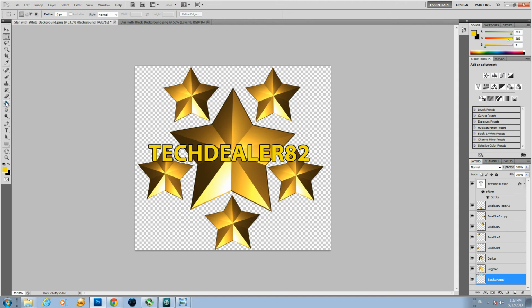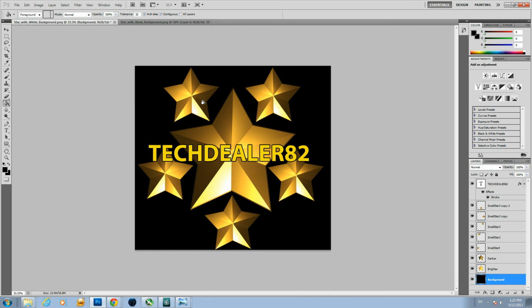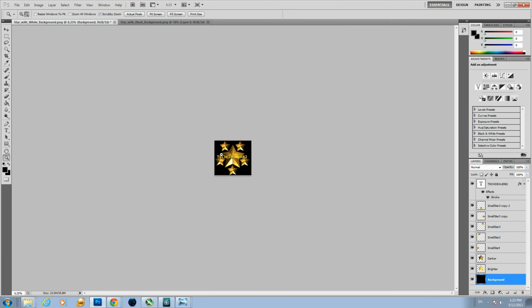Click on this bracket and click on this icon right here and change the color maybe to black if you want, to black for YouTube, so it's going to be nice and visible. Okay, and zoom in, zoom out. It's going to be about this size. Okay, go to image,